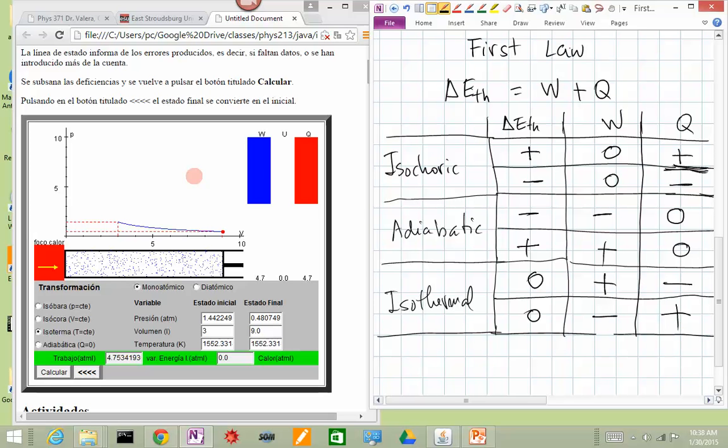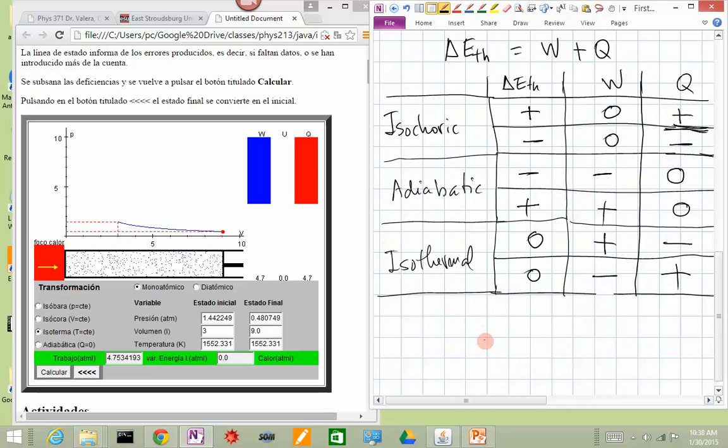In this simulation, there is a detail: the actual equation being used is delta E thermal equal to Q minus W. It's just a convention here. The person who wrote this simulation is using this convention for the heat. In the book, we'll use the convention of heat being positive. If you do work on the system, you increase the energy, and if the system does work, this is negative and the energy decreases. All right. Thank you very